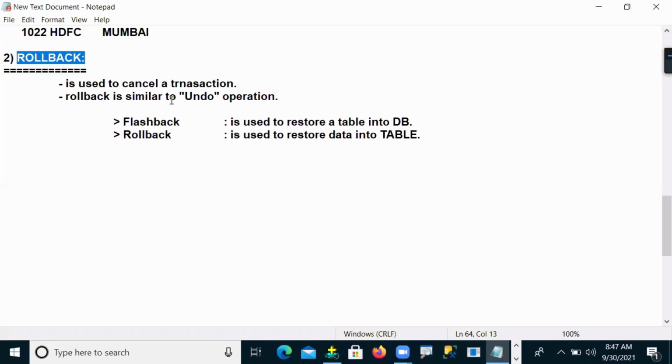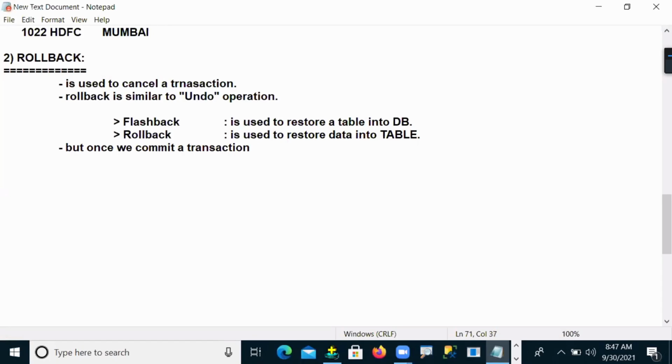Rollback is similar to an undo operation. Okay, now, here one very, very important point: observe.